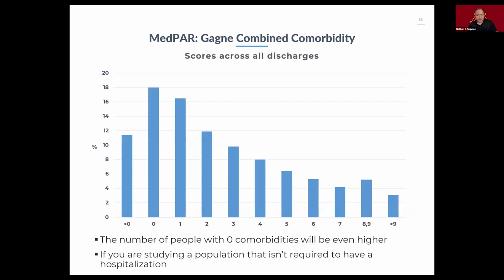But here's the interesting thing. Maybe use the chat. Does anybody notice anything strange about this figure? Just give you a second to look at it. Just grapple with it. This is a comorbidity score. Right. Erica looks like, yeah. Juliet, yes. Right. So we have less than zero comorbidity, right?